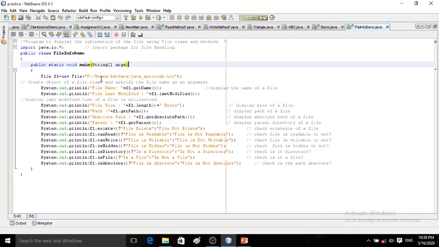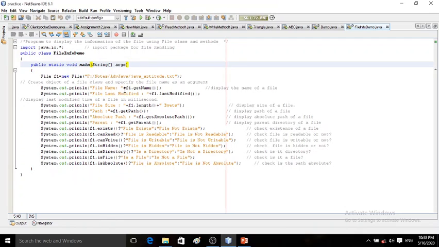So we will now use all the methods we have just seen. Whatever result comes, I want to display it, so all these methods I have called inside System.out.println. In double quotation I have written file name, because I want to display the file name.